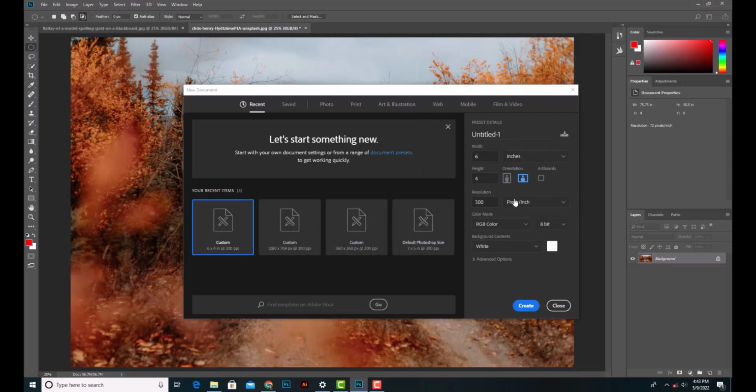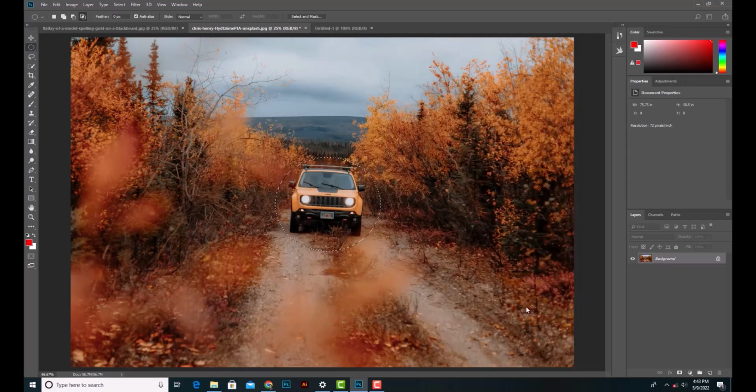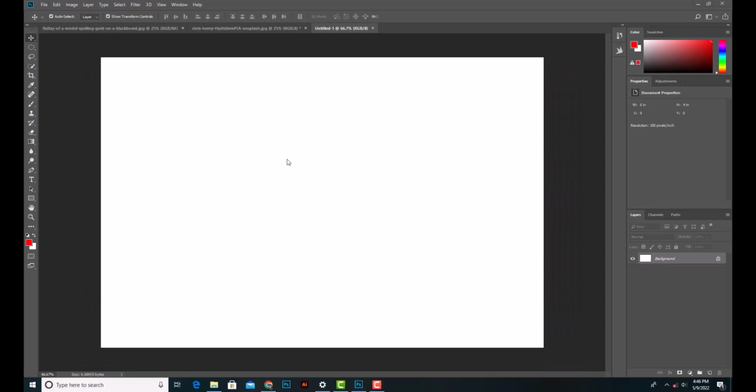I'm just going to leave it as default. So I'll click on create. In order to demonstrate what feather and anti-alias are, I'm going to click on the lasso tool. So here we have the lasso tool, which is another type of tool for selection. If I click on the lasso tool, by default you will see the feather as 0 pixel and then